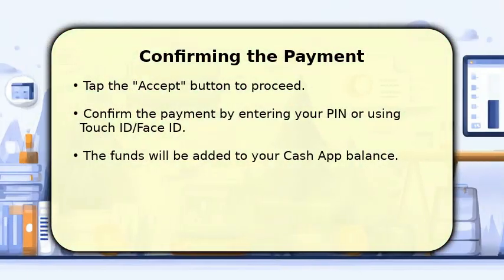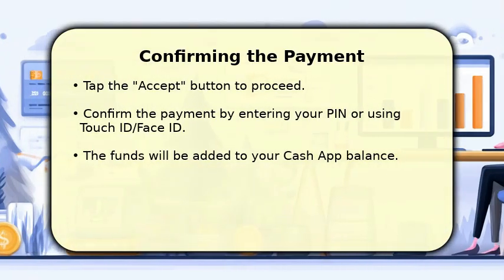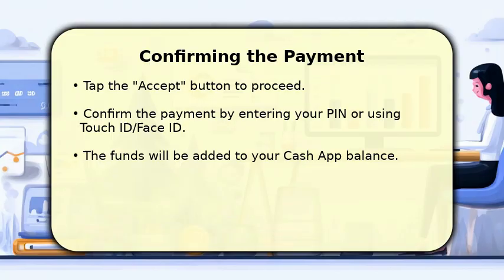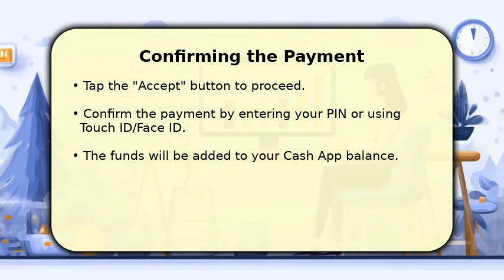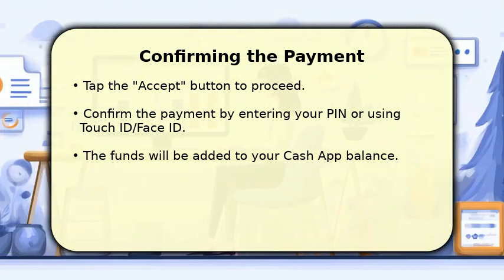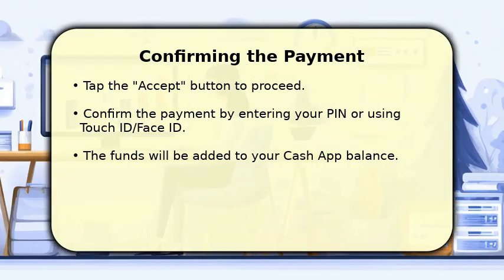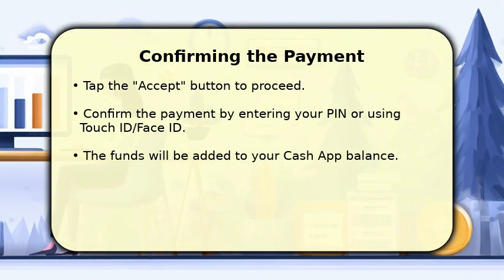Once you've reviewed the request and confirmed it's accurate, you'll see an Accept button. Tap this button to initiate the transfer. For security, Cash App will prompt you to confirm the payment using your PIN, Touch ID, or Face ID. After successful authentication, the requested funds, whether it's $5 or $50, will be immediately added to your Cash App balance,